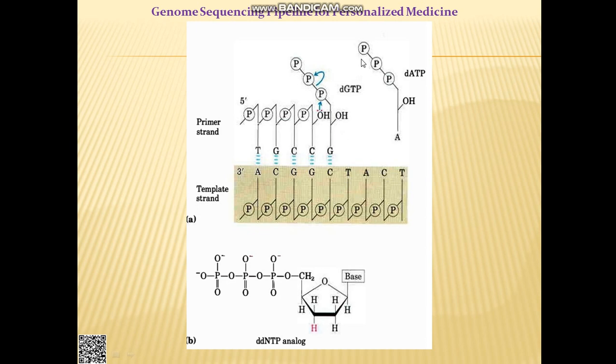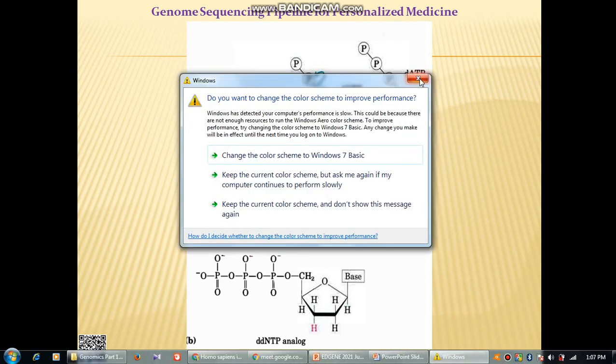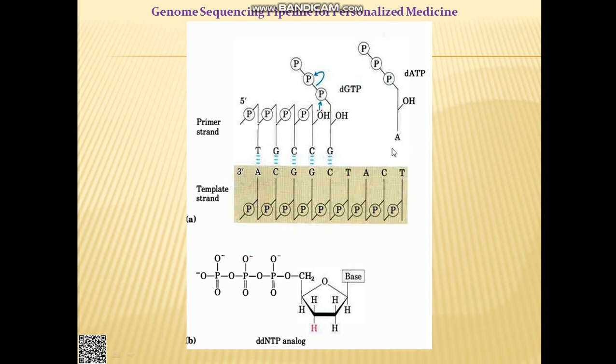So what will happen if you have entered, instead of dGTP, a dideoxy here? Here you see a normal deoxy. The 2' hydroxyl group should be there. Here, this is the hydroxyl group. Without this hydroxyl group, you cannot make a full chain. But here what is happening, as you can see, instead of a hydroxyl group, only there is a proton. See, dNTP, dideoxy. Previously what it was? dGTP. Now it is what? N means anything, okay? It could be you can call it GTP as well. So here it was dGTP.